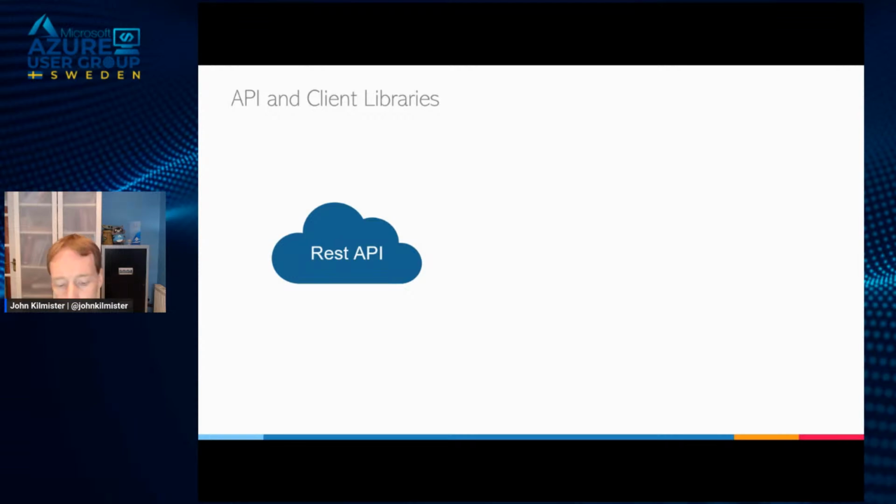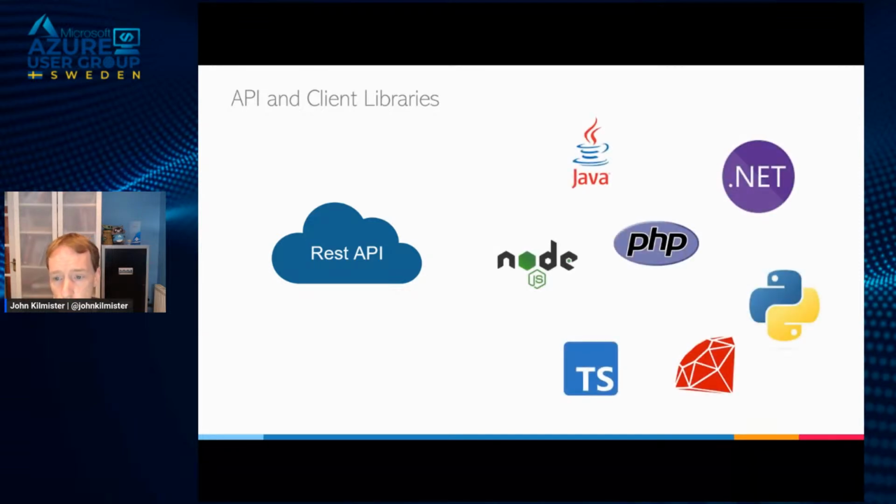I kept talking about our applications accessing the data. So how do we go about doing that? Well, there is a REST API that sits over the top of this. And many of the tools we've looked at do use the REST API under the hood. But the REST API can be a bit challenging to use. So there is a whole set of client libraries that Microsoft provides in .NET, Python, Java, TypeScript, all of them. And they utilize the language's features in order to give you the best experience and also make it really easy for you to access the storage. And these allow you to change access tier, create new containers, pretty much do everything that we've talked about so far.